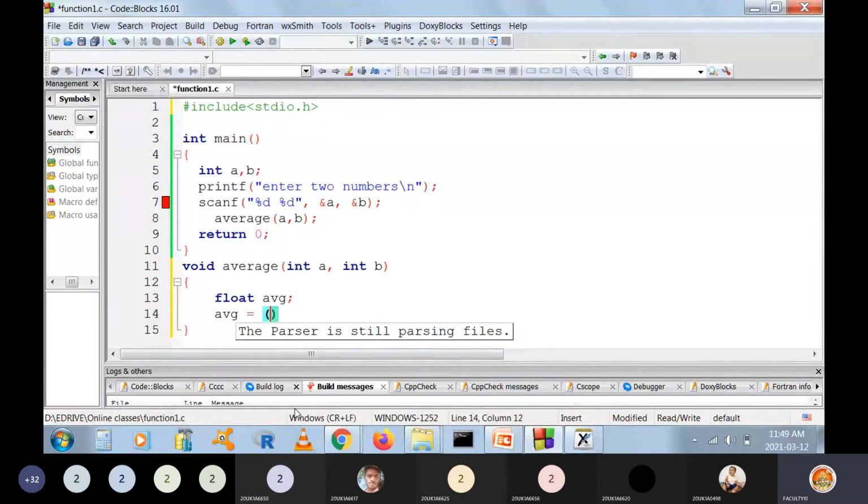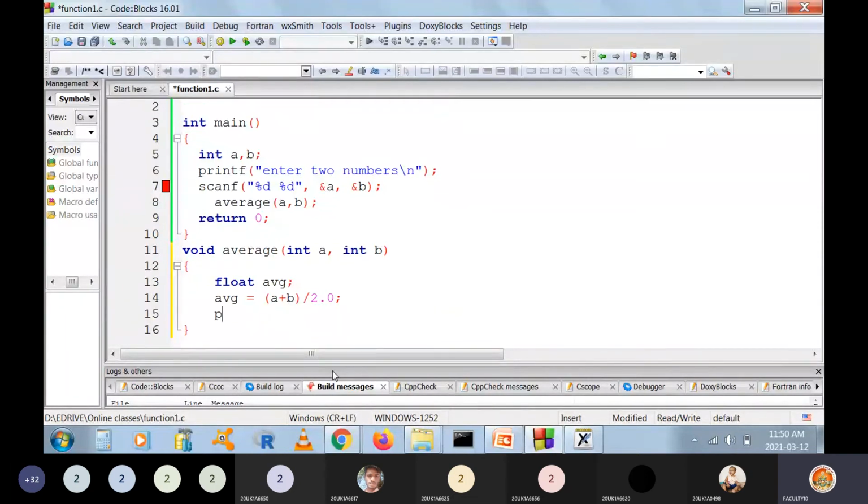I can calculate the average of these two numbers like A plus B by 2.0. You can say 2.0, because if you want to get a floating point number, otherwise both are integers. Now it calculates the average. Because this average value is not going to be returned, it has to print